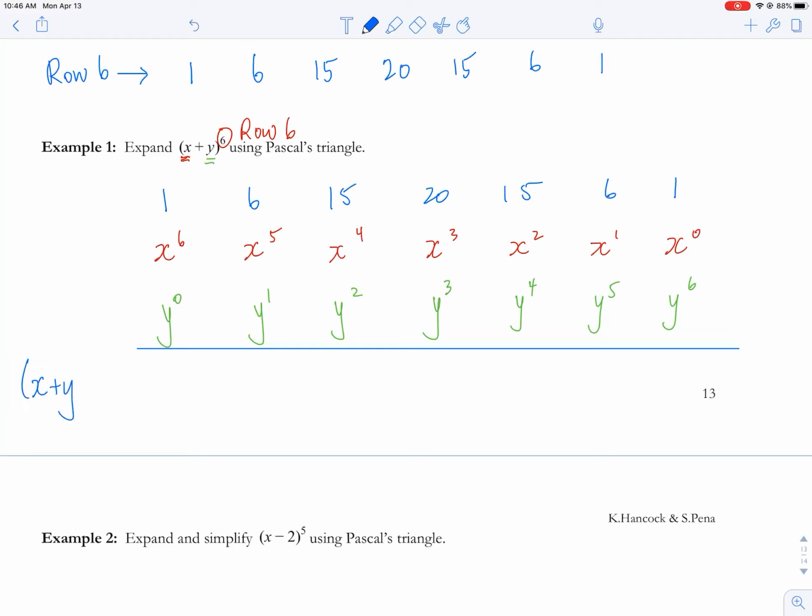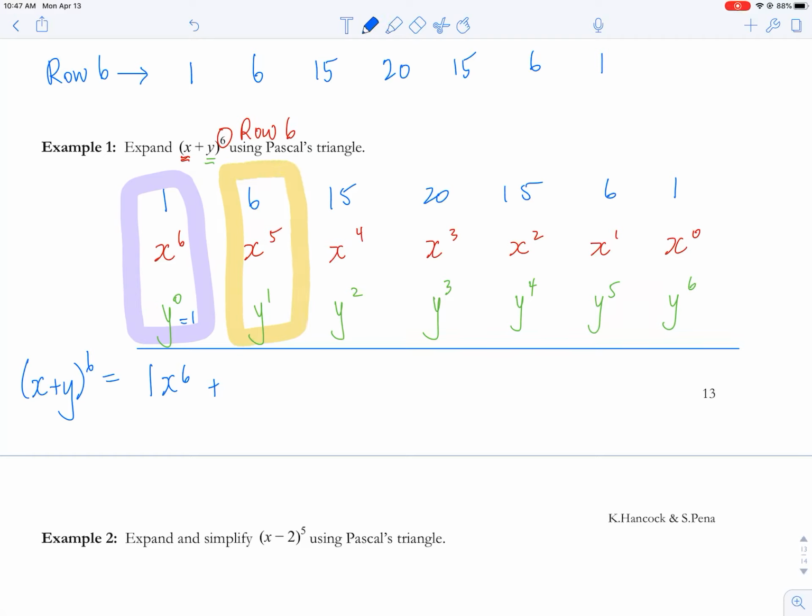And we do all of this because if we multiply downwards with our rows, we can learn that x plus y to the 6 is going to be the sum, and each one of these is going to be a term. So if I multiply all 3 of these together, because y to the 0 is just 1, I'm going to get 1x to the 6 plus,